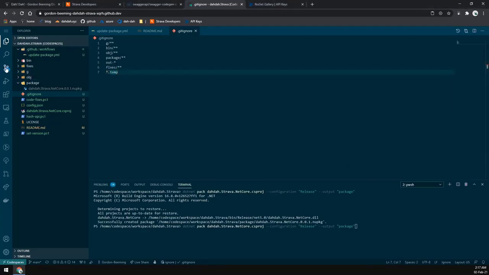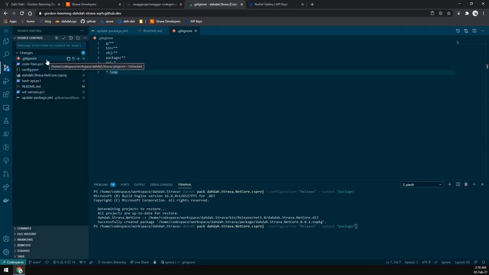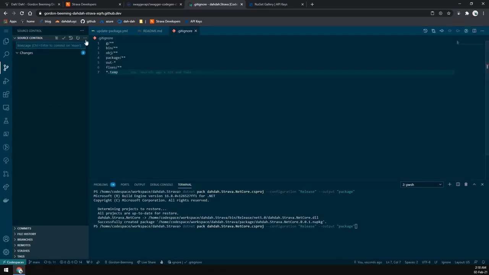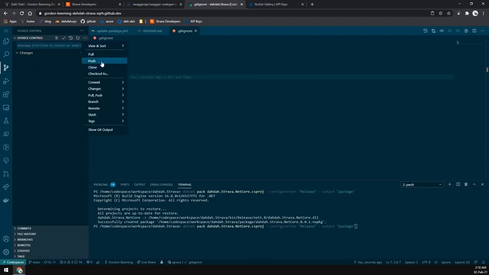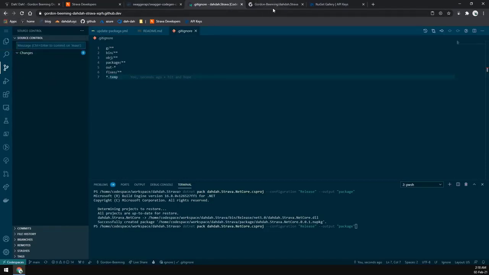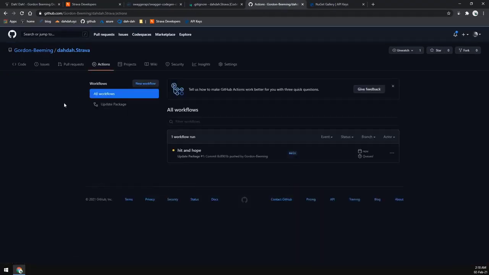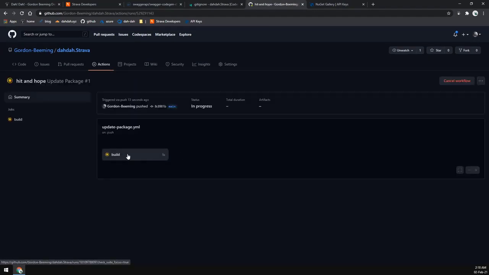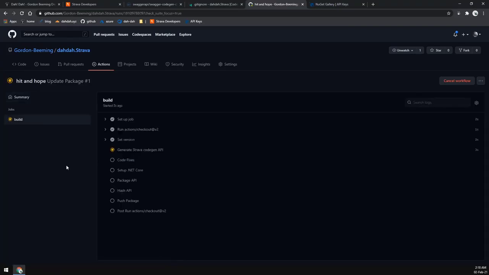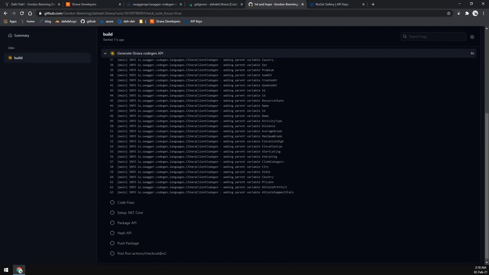Okay, so this should all work. So we're going to go here, let's take a quick look at these files. They all look good, and it's a hidden hope. Control enter to commit that, and we're going to push this. I believe we haven't made any changes on the GitHub side, so we shouldn't need to do a pull there. If we go and look in GitHub now, we switch to actions, we can see the action has kicked off already for us. As you can see, there's hidden hope. If we look at this build, it's currently running, so it's at the step at the moment where it's running that